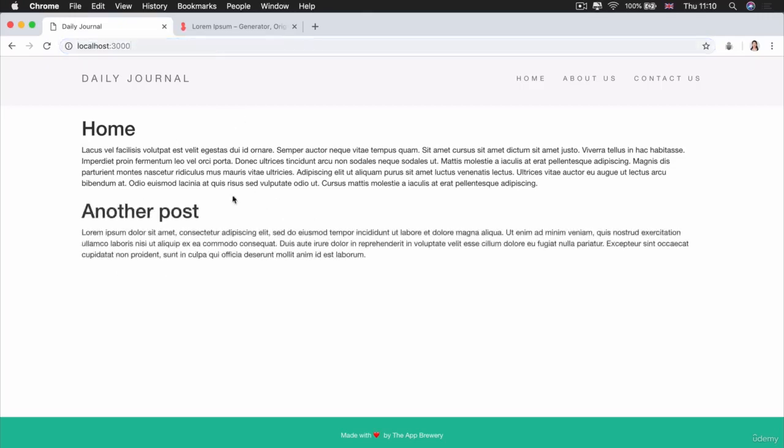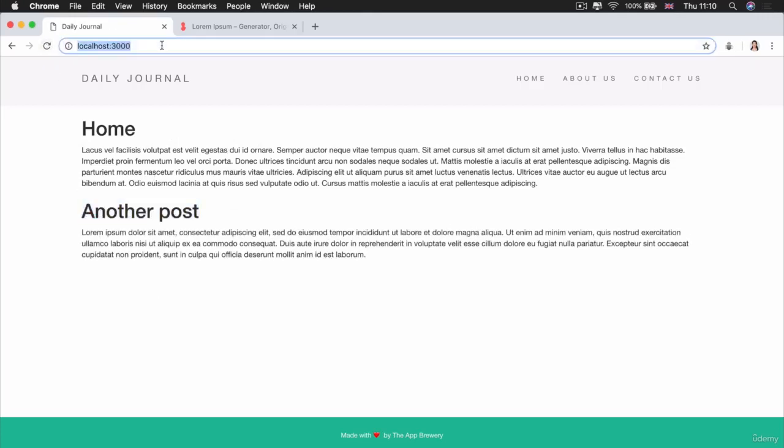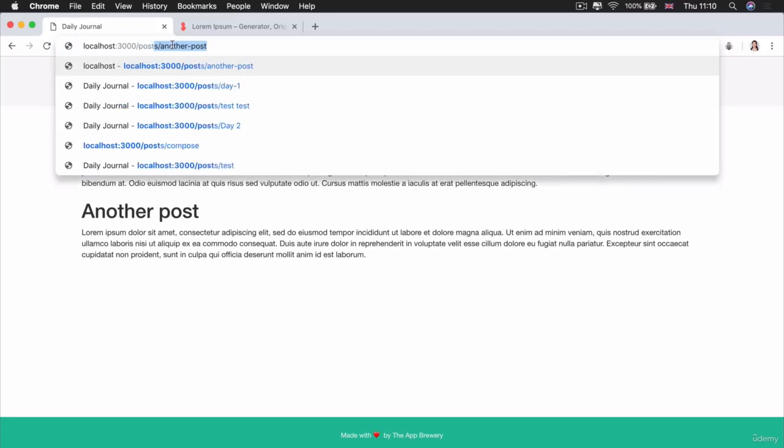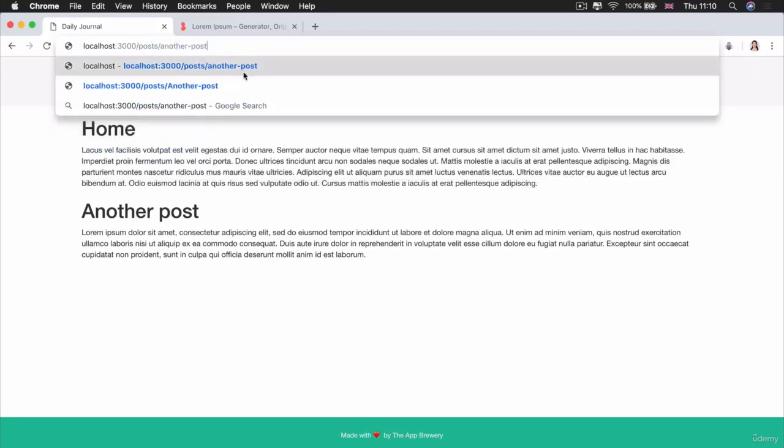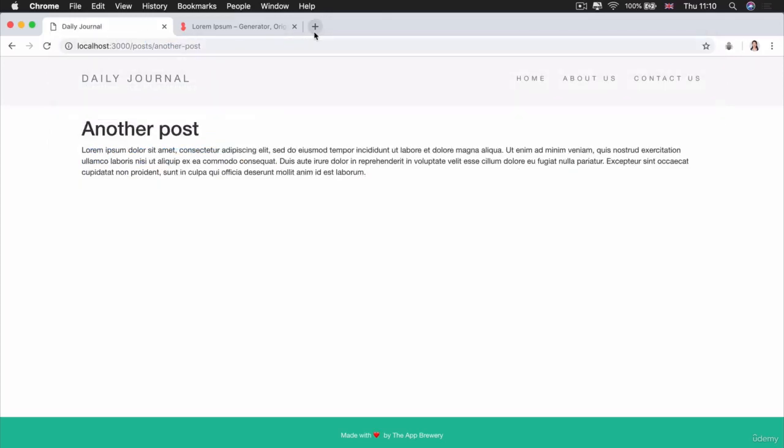So that if we have a post, say called another post, inside our homepage, we should be able to head over to /posts/another-post. And the goal of this challenge is that when I hit enter, we should now get taken to a brand new page that's been rendered using EJS, and it's a standalone page that just contains the contents of that